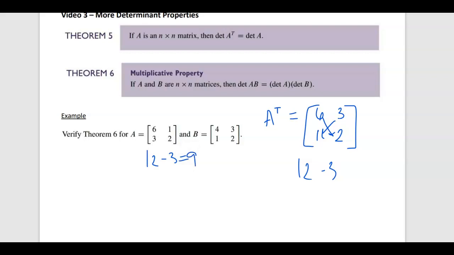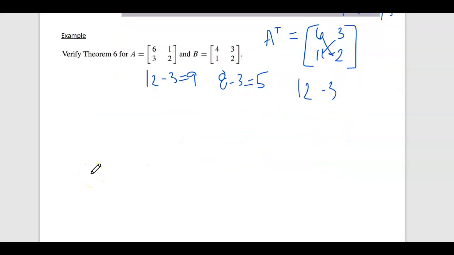All right, so I know that the determinant of A is 9. Let's find the determinant of B. So 8 minus 3 is 5. And so that means the determinant of A times the determinant of B in this would be 9 times 5, which is 45. All right, let's go ahead and find A times B and then take the determinant. So AB